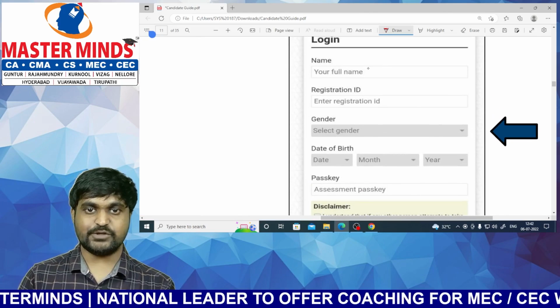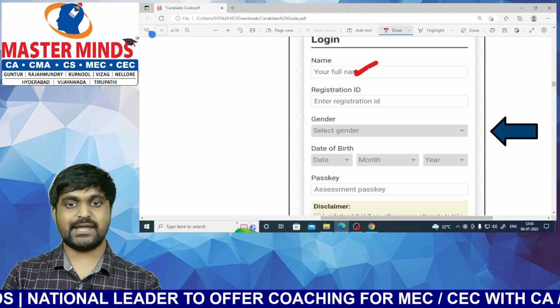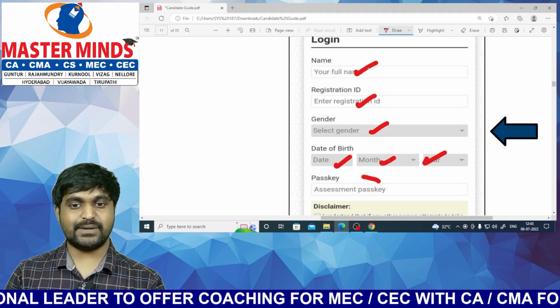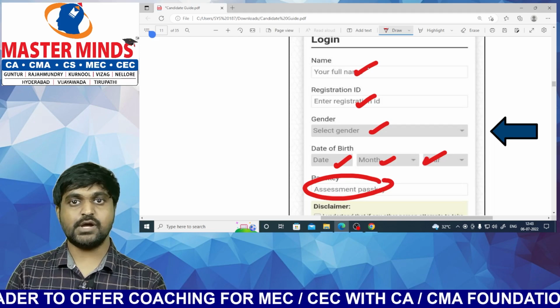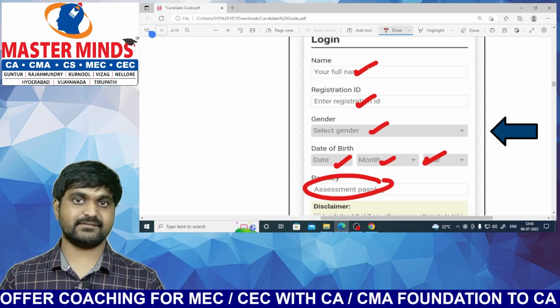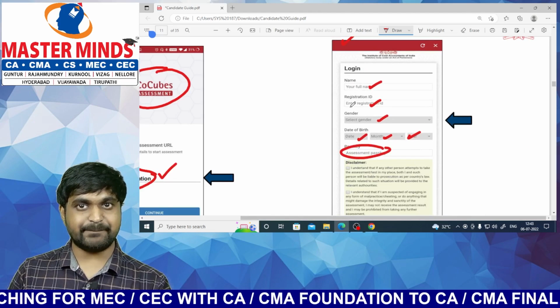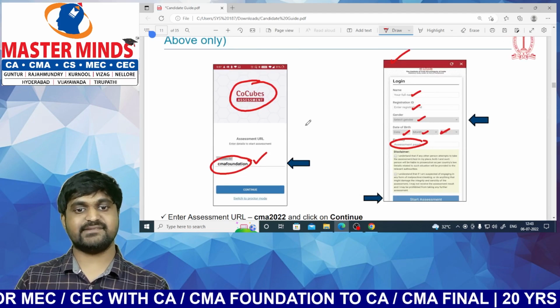First of all, you need to provide your name, registration ID, that is your registration number, gender, date of birth, and the assessment passkey, that is the password, which is shared by the institute on the day before the exam. So please check your mails for these passkeys. This is important. Before commencing the exam, check for the assessment passkey. Without the assessment passkey, you can't attend the exam.